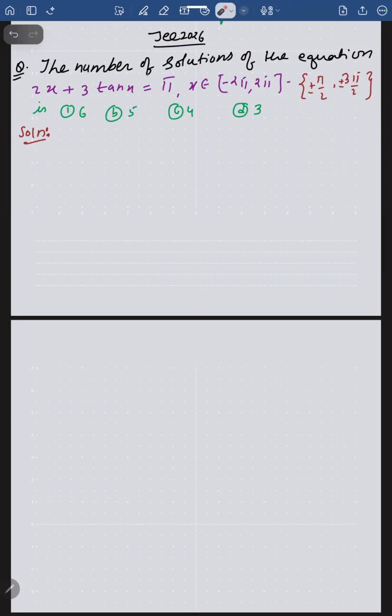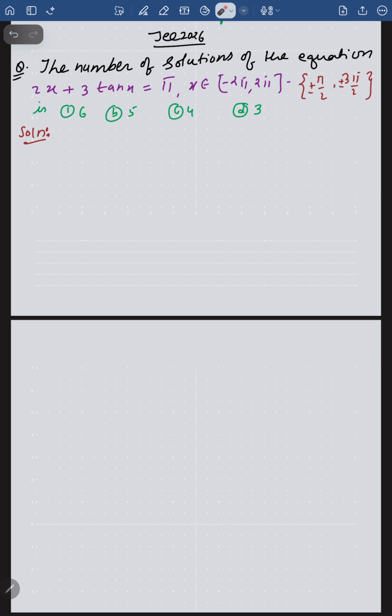2026 question. The number of solutions of the equation 2x plus 3 tan x equal to pi, where x belongs to this closed interval minus 2 pi comma 2 pi, minus the set {plus minus pi by 2, plus minus 3 pi by 2}, means these points have been removed from this interval. Actually you can understand like that, tan x is not defined at these points, so we are not considering these points, so doesn't matter, we will concentrate on this and we will solve this by